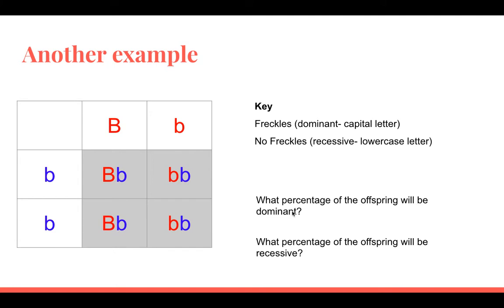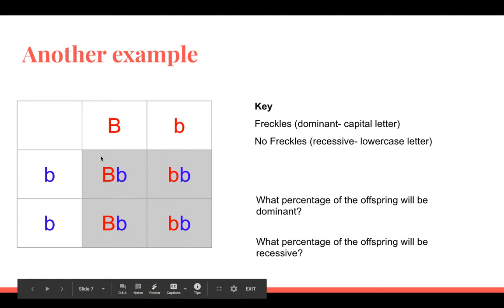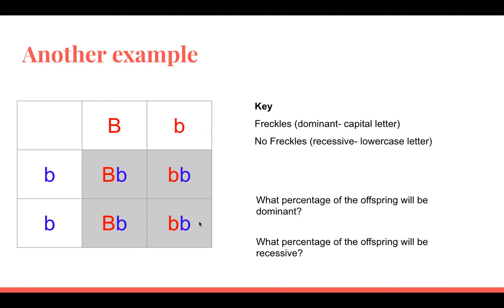So what percentage of the offspring will be dominant? We know that if you have a combination of both, the dominant trait will take over the recessive trait. So the offspring will show the dominant trait. There are 2 boxes with the dominant trait. Dominant in this case is freckles. So we're looking at half of the children getting freckles, half of them not, or at least their chances are